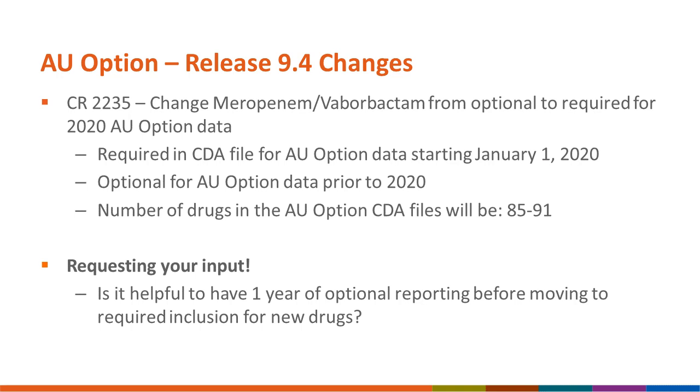We'd like to get your input regarding our process for adding new drugs to the AU option. We've historically allowed 1 year for optional reporting for the new drugs before making them required. The same will be true for the 6 new drugs we're adding in 9.4. However, we'd like to hear feedback from you as to whether that's necessary. Would you be okay with making them required when we